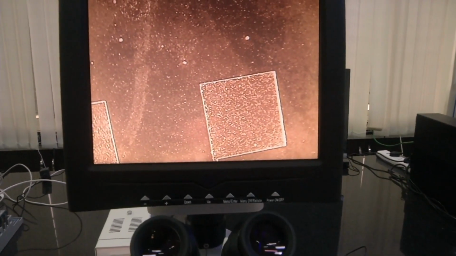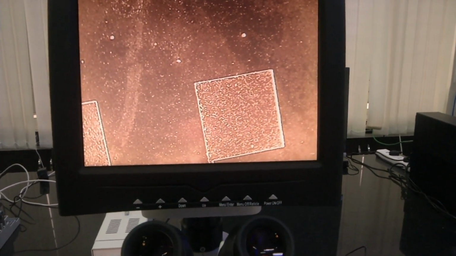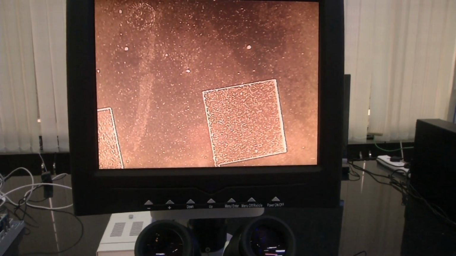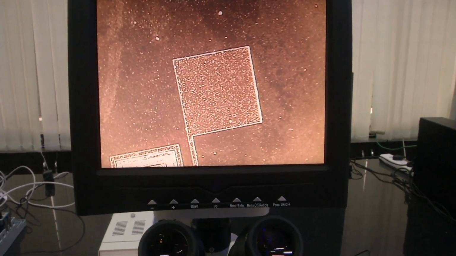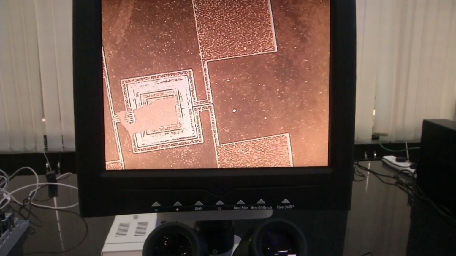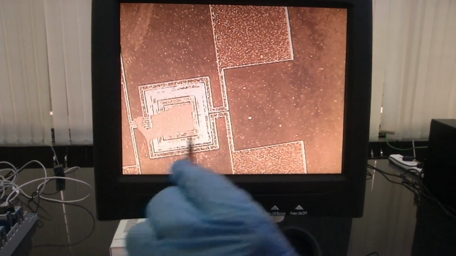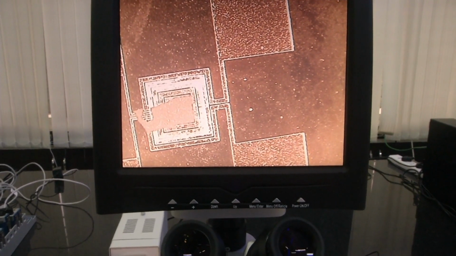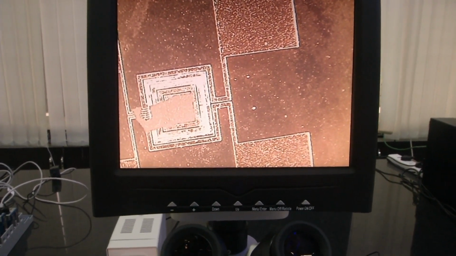That is where this comes in. See, now I have focused onto the pads. Now you can actually see how the pads have come out, whether the pad edges are nice or not, whether there are any rough surfaces at the pad edges, whether there are any shorts in the looping that is going on. These things you can see. This is where the utility of a stereo microscope comes in.